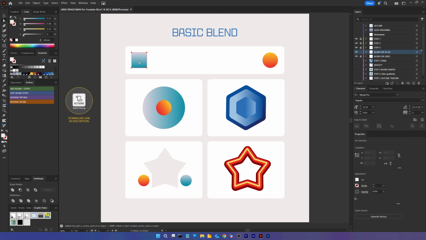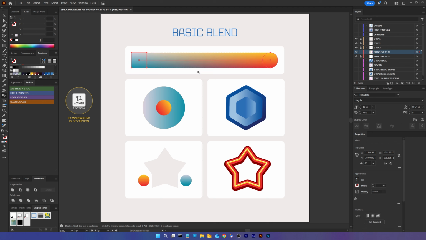Now, to make a shape gradient, you need a start point and an end point. It can even work with more than 2 shapes, but for the moment we're using 2. You can use the standard tool from the toolbar. Simply click one of the shapes to the next and it generates the blend.